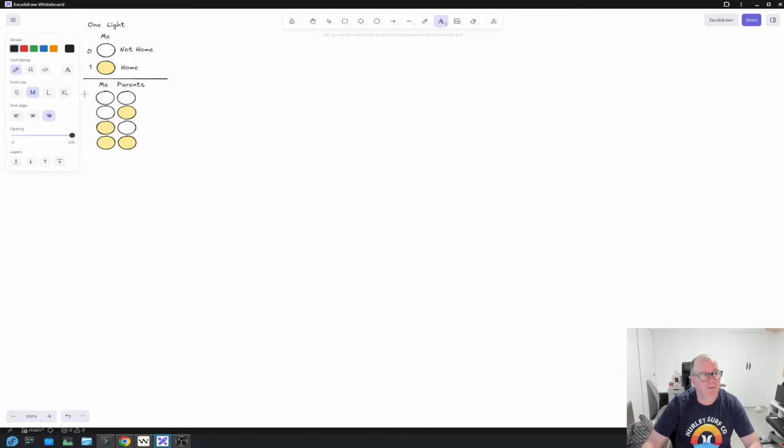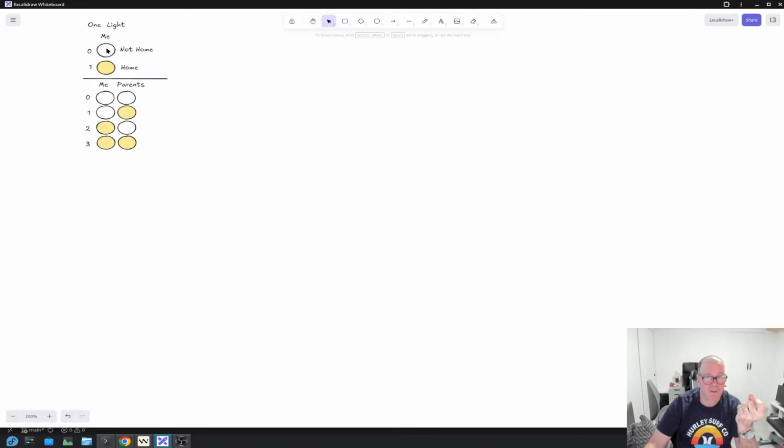And what happened here? Imagine that we convert this to numbers or options or values. We now have 4. With one light, we can only represent 2 states. With 2 lights, we can represent 4 states. So this may be good enough for that couple, but imagine that now, just as example, let's do this.